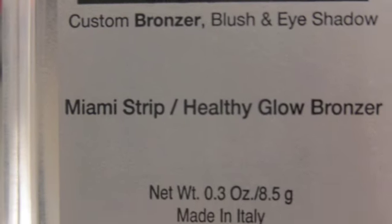I have to say that even if I just purchased this in the last 2 weeks of April, this has actually overtaken any powder highlighter that I have. And this is Physicians Formula's Miami Strip Healthy Glow Bronzer. And I would usually just use my fan brush, and I think this is just my e.l.f. fan brush, and literally just